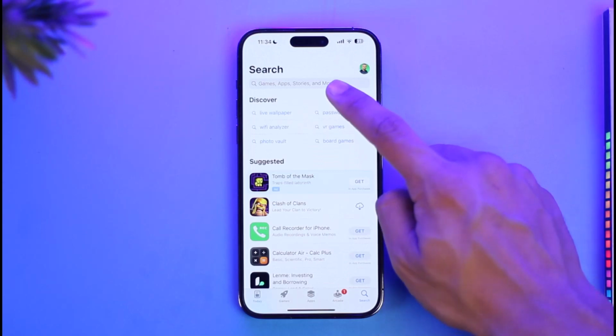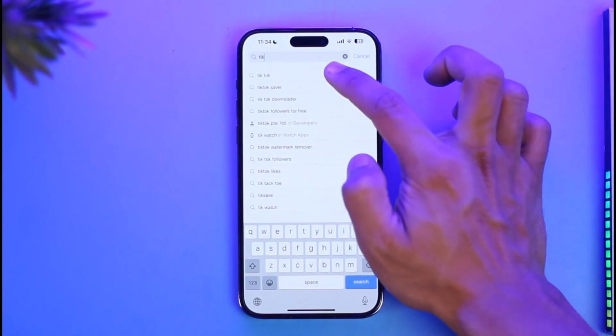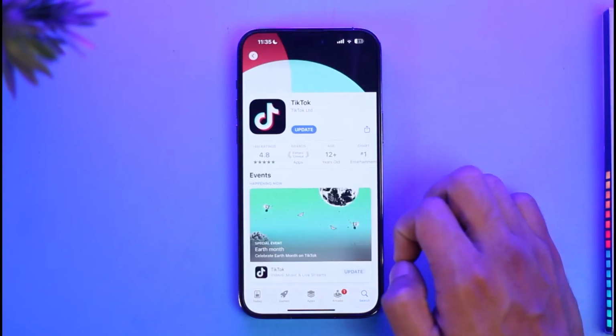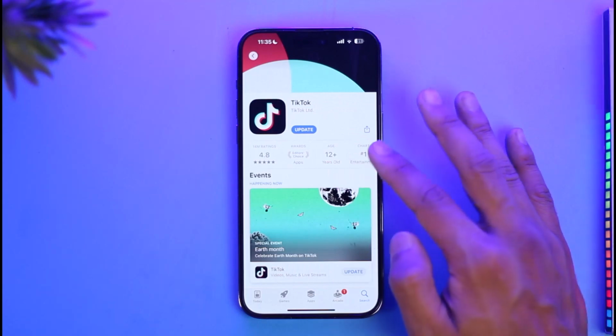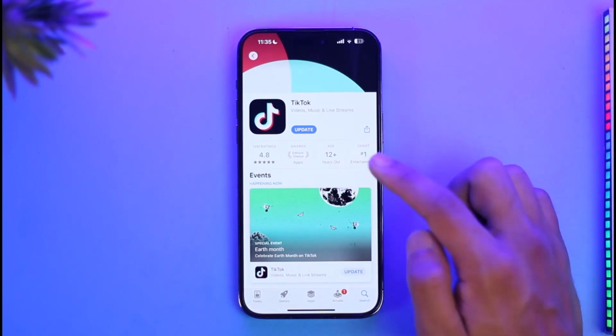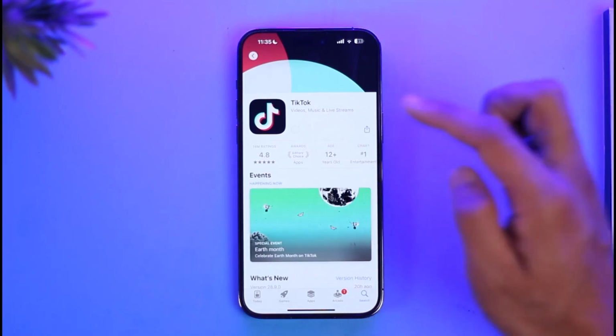Once you open up your app store, in the search box you just want to go ahead and actually type in TikTok. Once you type in TikTok, you'll see loads of applications pop up on a list, and you just want to select TikTok. Now, whenever you tap on TikTok and open the main page of TikTok, if it says update, then it means that your TikTok app actually requires an update. So all you need to do is just click the update button here and then make sure to update it